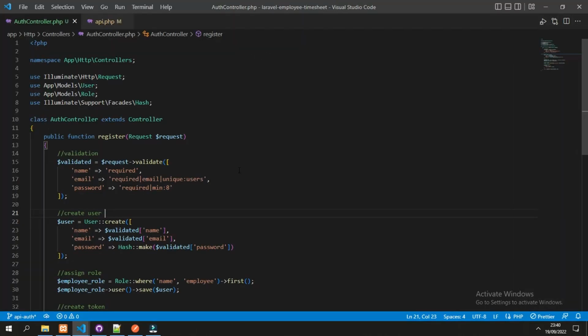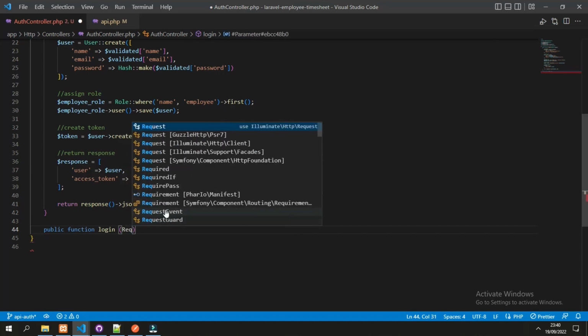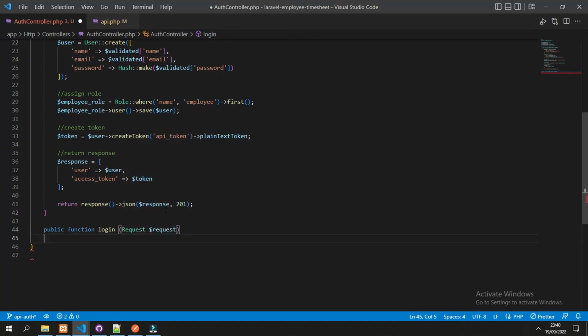The next function would be login, and let's create the method public function login, and we're expecting a request object. At first would be validation and attempt authentication with the input. If succeed, there would be two scenarios.